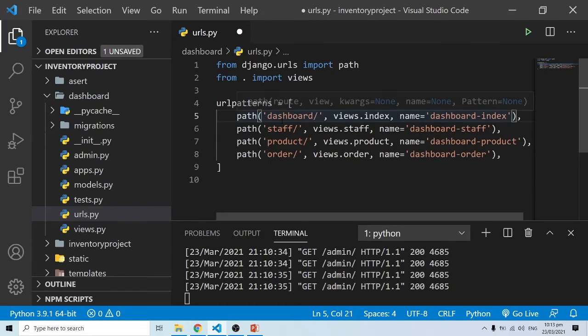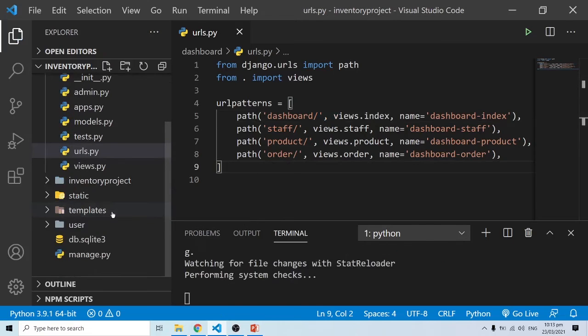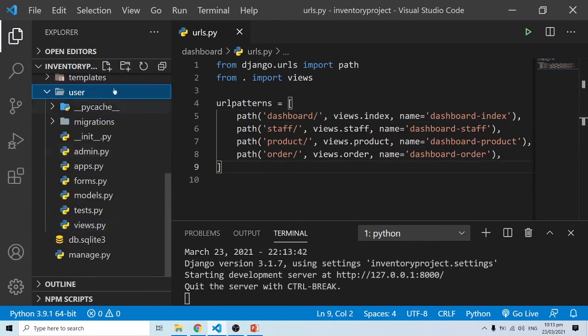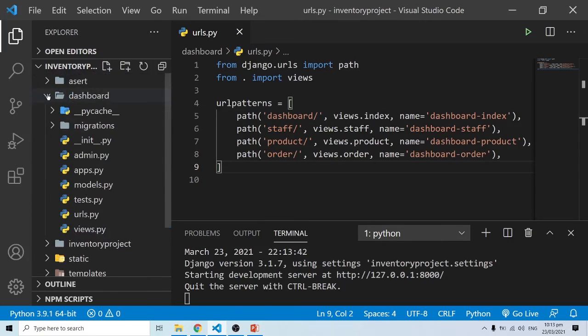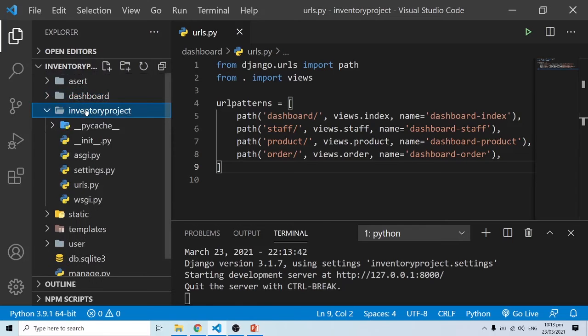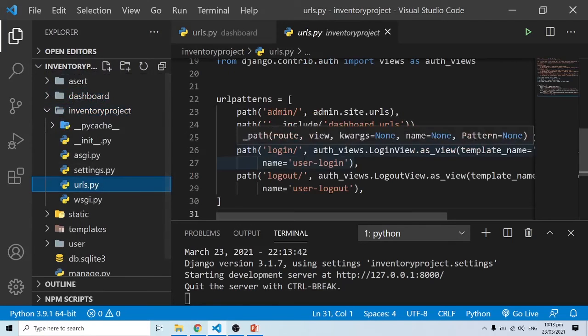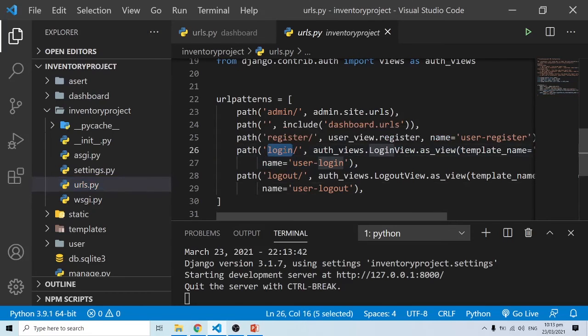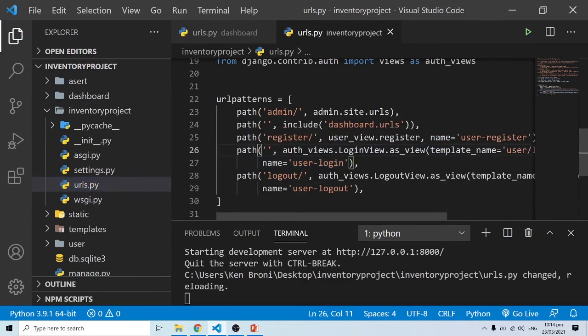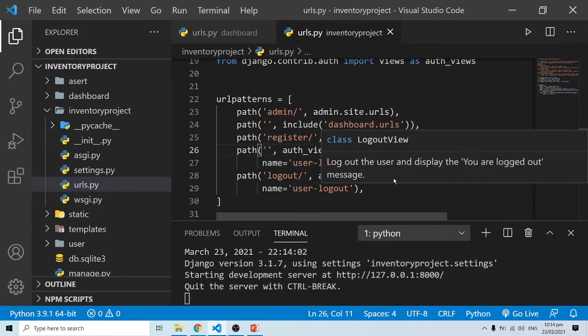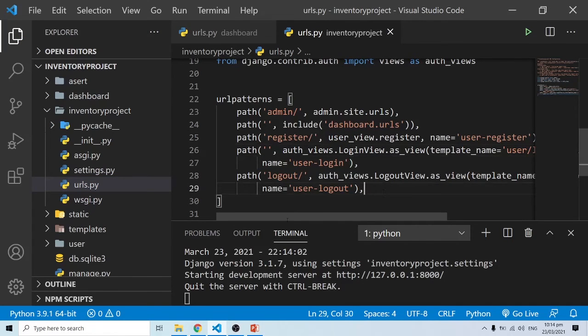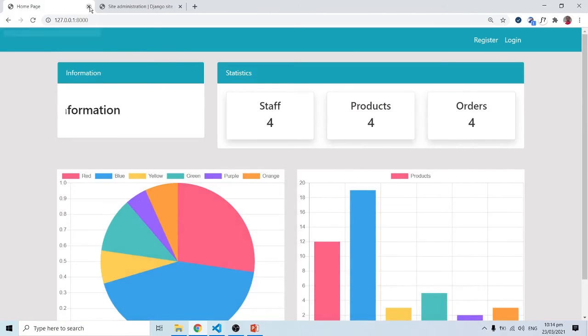So this is going to be /dashboard, and that's going to fetch the dashboard index and things of that sort. Then what I would want to do now is go into the user application, or not necessarily the user application, but then go into the projects, inventory projects folder, and go to urls.py. And as far as login is concerned, I'd want login to be our main URL. So immediately a user logs into the system, then clearly the user is going to be directed onto the login page. So what I'm going to do is I'm going to come back here and close this up,